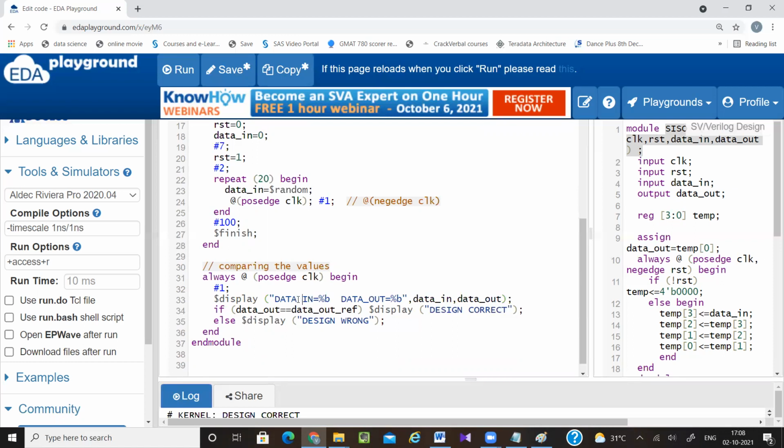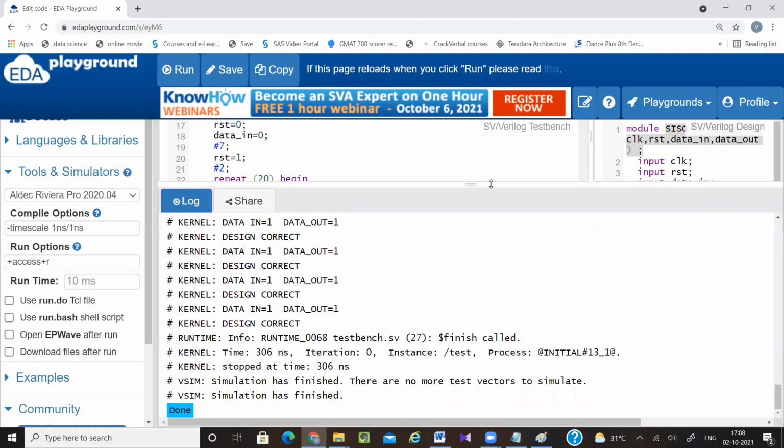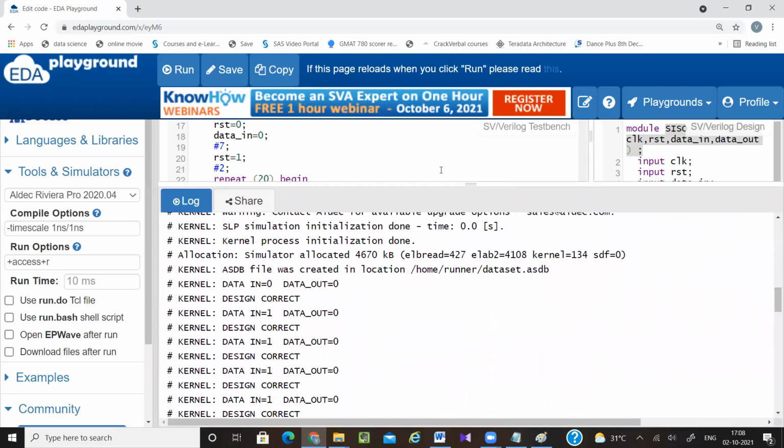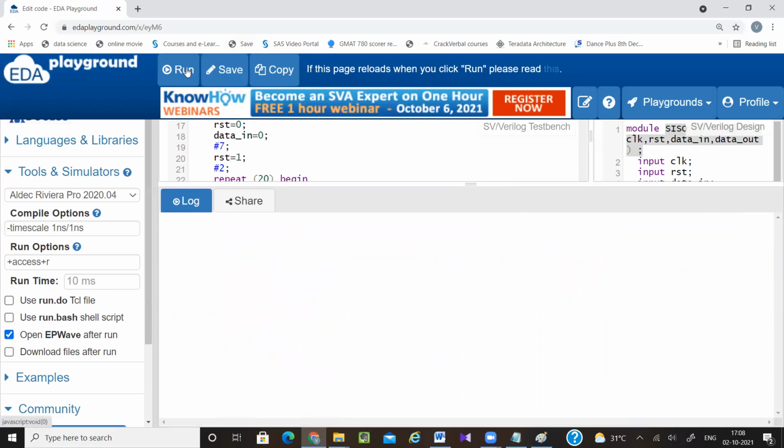So why do we use this shift register like SISO? SISO is used to add some delay. Let's say you want the data to arrive after 10 nanoseconds or 20 nanoseconds of time. So you have to take one D flip-flop, or with respect to that, you have to adjust the clock period so that your data will come after some delay of time. For a combinational circuit, we can use a buffer. For a sequential circuit, we can use the same. So it is used mainly to add delay.